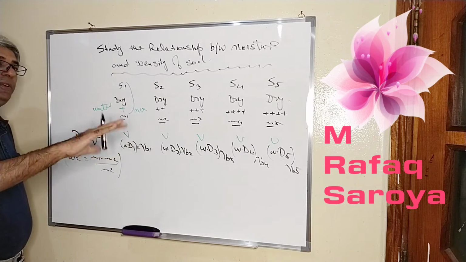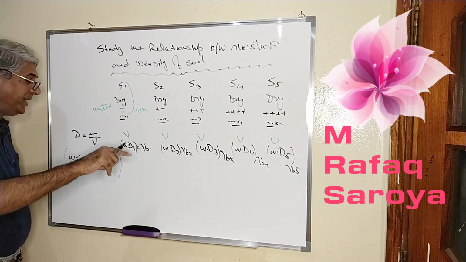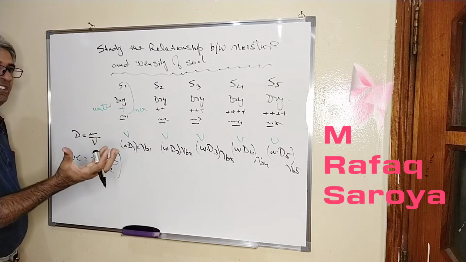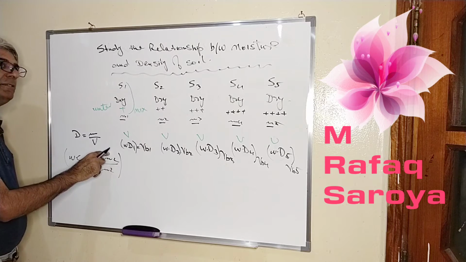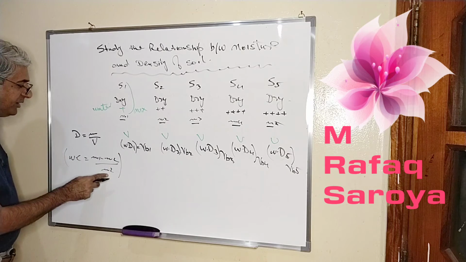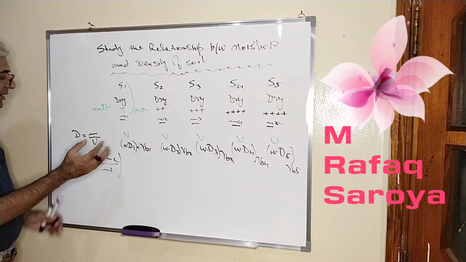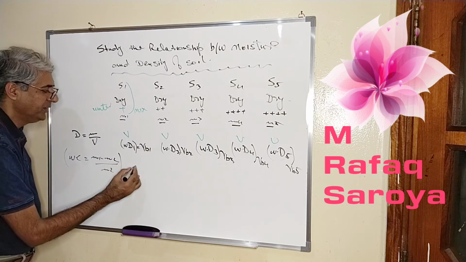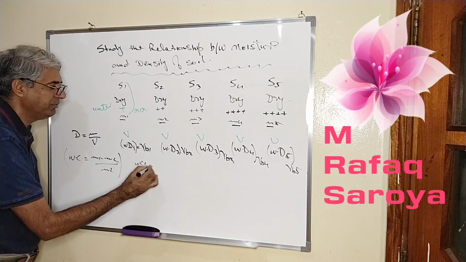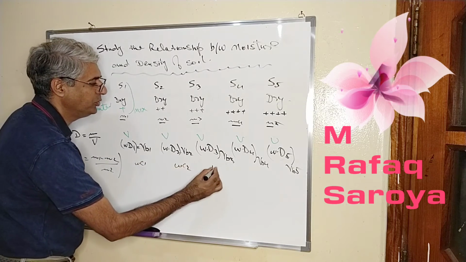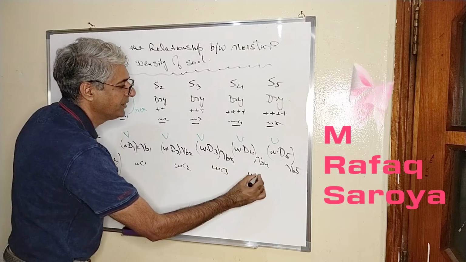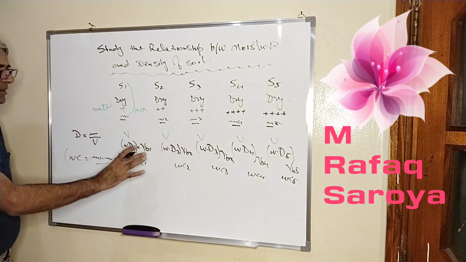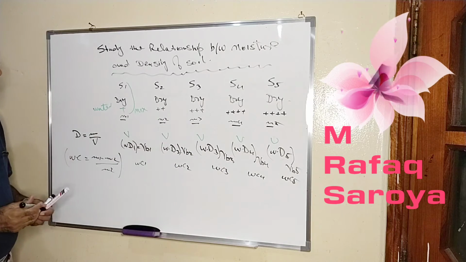If you have seen my previous video, there I have explained it. M1 is the mass of the soil when it is moist, when it is wet. M2 is the mass of the soil when it is absolutely dry. And this is the dry mass. So from this relation, we are going to find out the water content. So let me write down WC1, WC2, WC3, WC4, and WC5. You see, I have written this one.